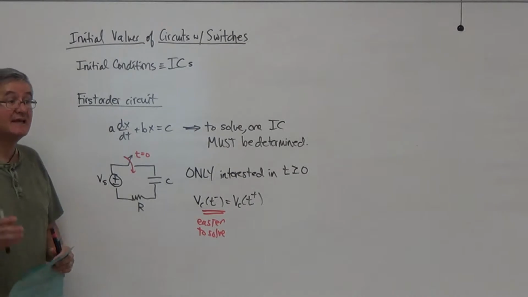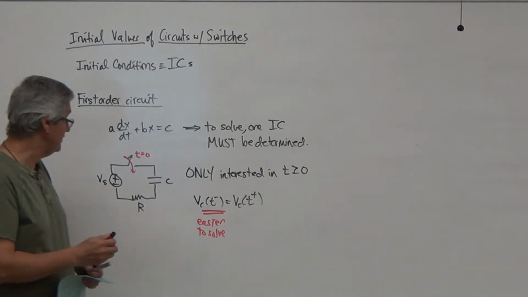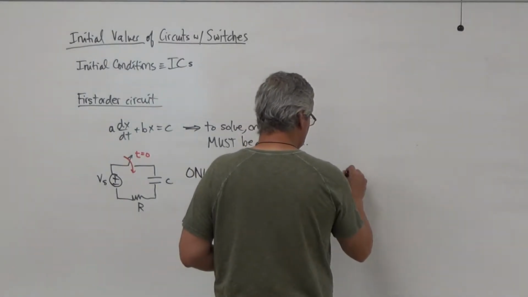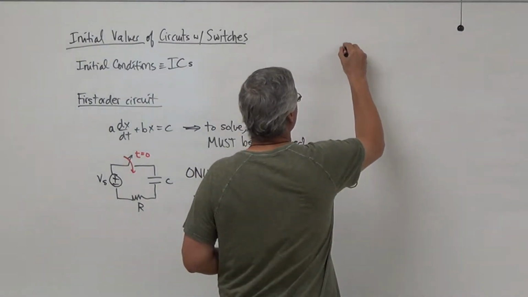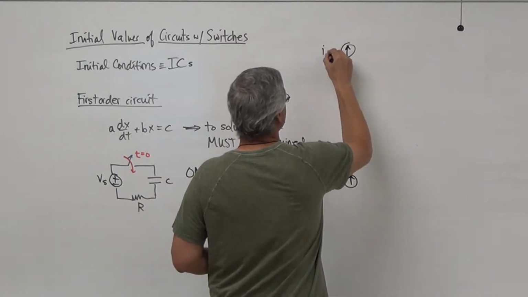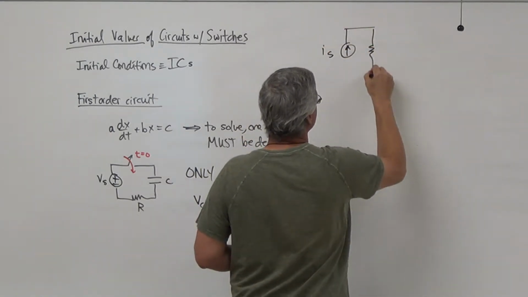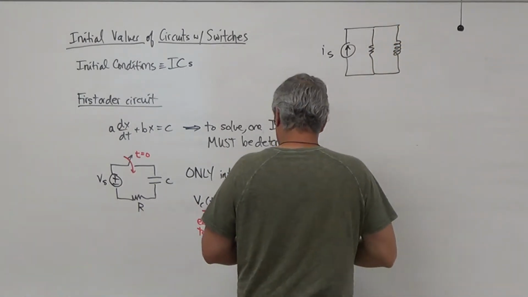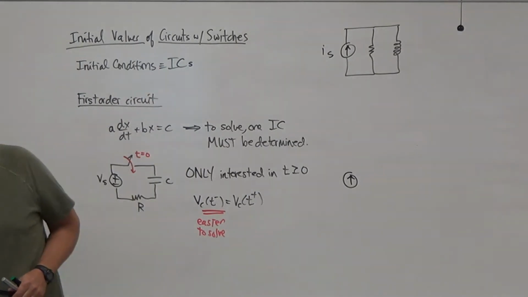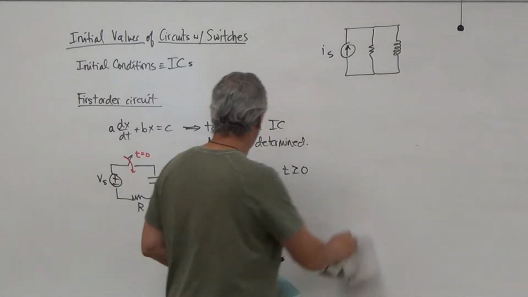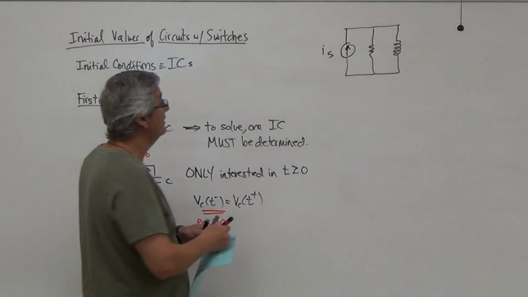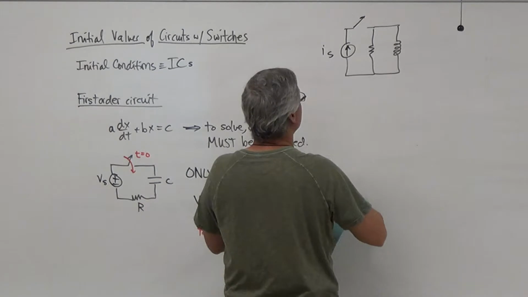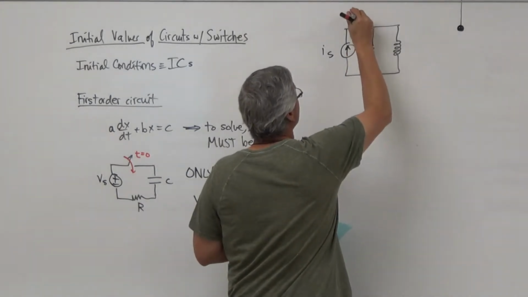By the way, the same thing happens with the inductor. If I have an inductor circuit, actually, let me draw it up here. Maybe I have a source like this, and I have something like this. The same type of scenario happens. What I mean is that maybe I should have put a switch here. So now, when I throw this switch at t equal to 0,